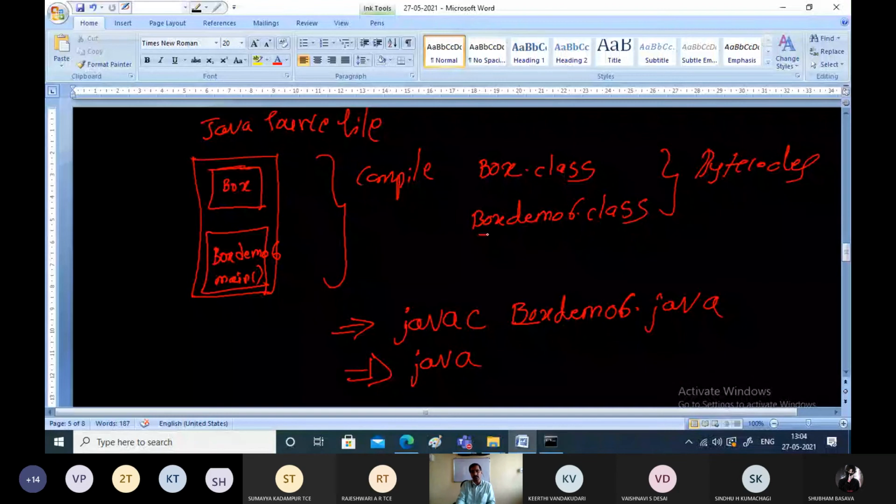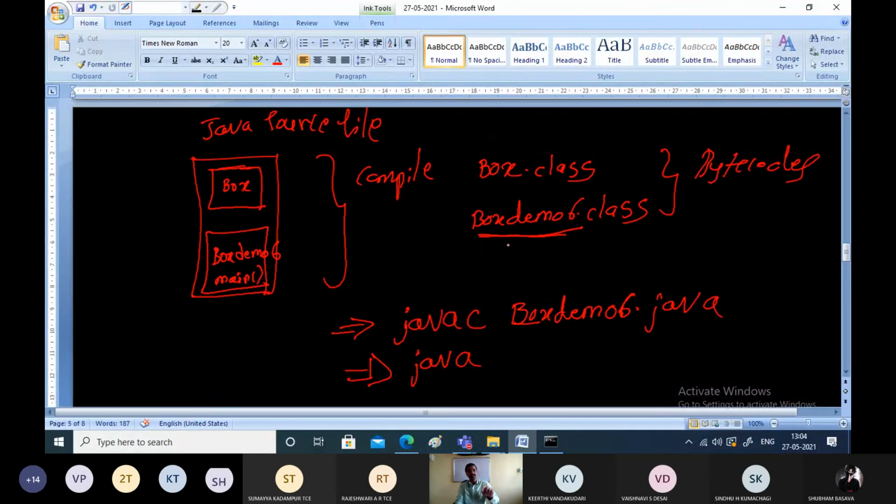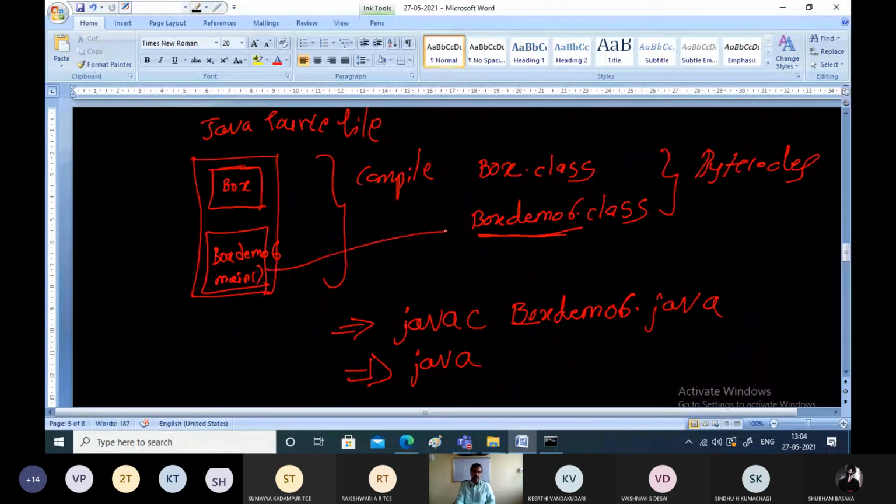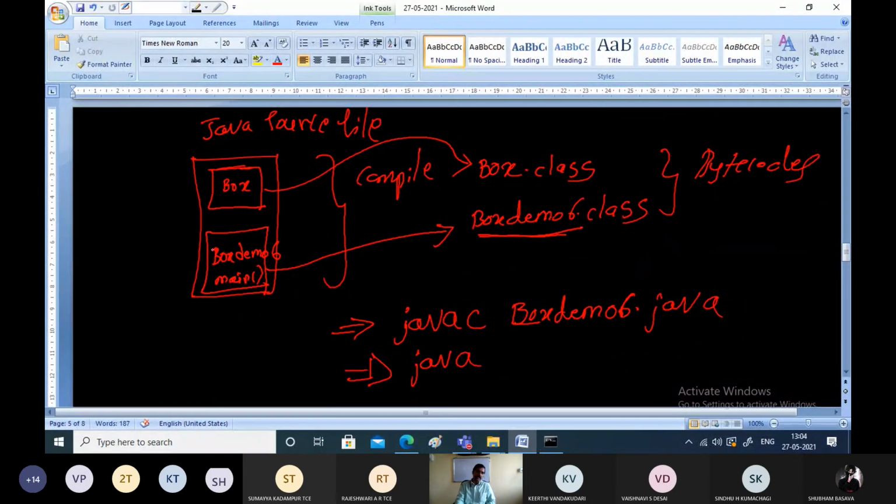Why I have to give BoxDemo6 here is because we know that program execution will start from the main function. So to begin the execution of the main function, you should give the name of the bytecode which is containing the main function. Among these two, this is the corresponding bytecode for this, and this is the corresponding bytecode for this. But this is the bytecode which is containing the main function.